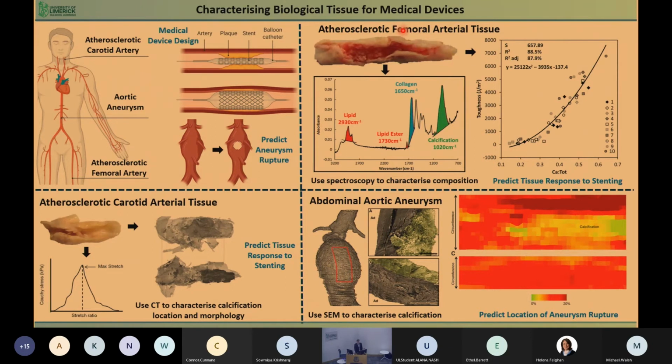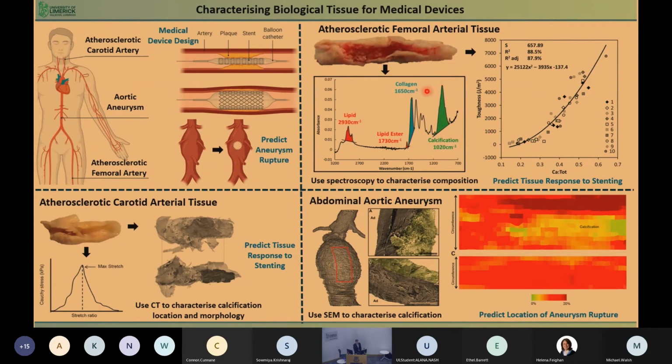So dealing first with the femoral arteries, you can see here that we generated spectra using spectroscopic techniques. We were able to see the different degrees of lipid, collagen, and calcification in there. Calcification shouldn't really be in your arteries. This is more common for bones and dental tissues, but due to the disease process, calcification can build up in